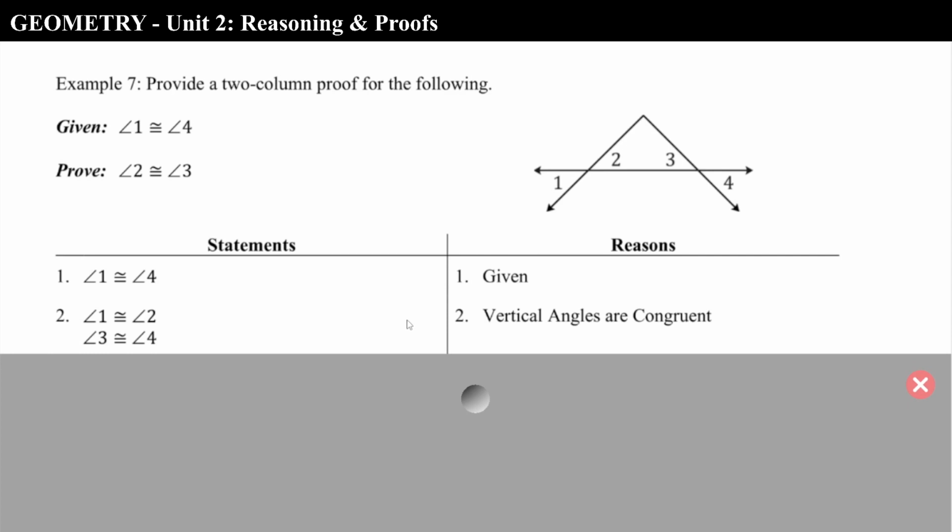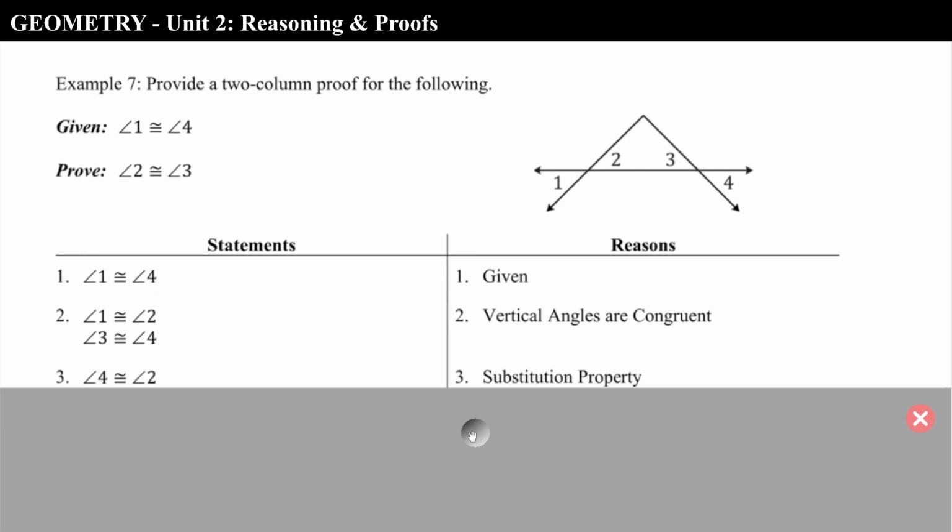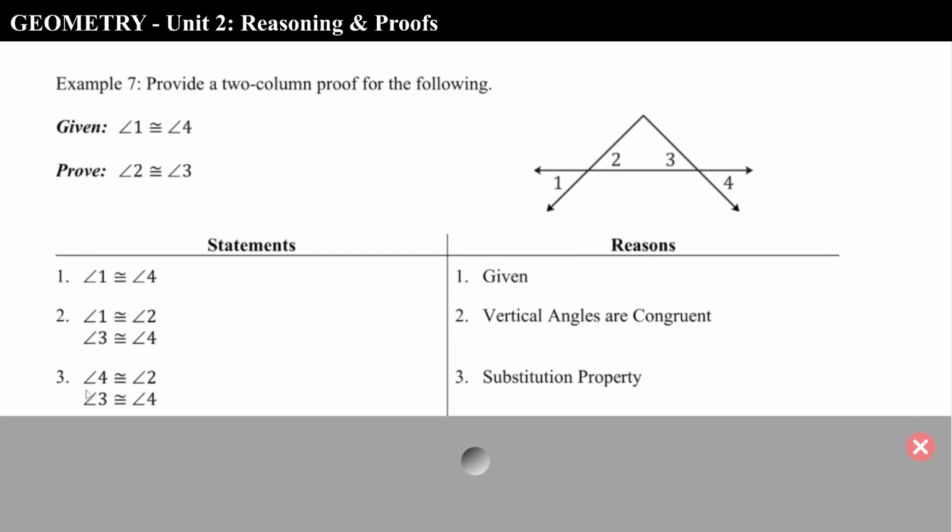Now what I'm going to do is use what we're given in step 1, and we're going to substitute. I'm going to substitute angle 4 in for angle 1 here. So we're just going to put angle 4 in at the beginning, and we're going to use the substitution property to do that. So now we have angle 2 is congruent to angle 4, and angle 3 is congruent to